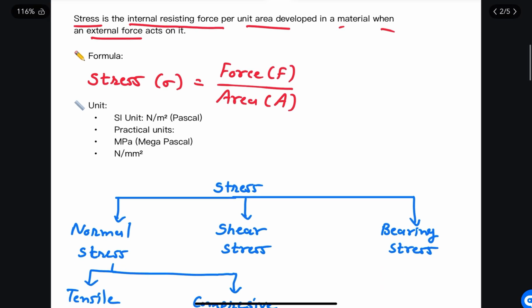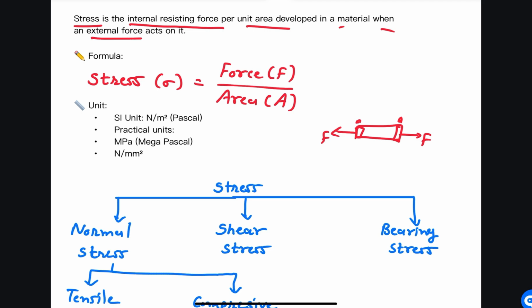So what happens? This is one bar, and we pull on it. We apply two pulling forces in two opposite directions, on specific areas like these. So what happens when we pull the bar? The bar has some internal resistance force, which is produced due to the force applied